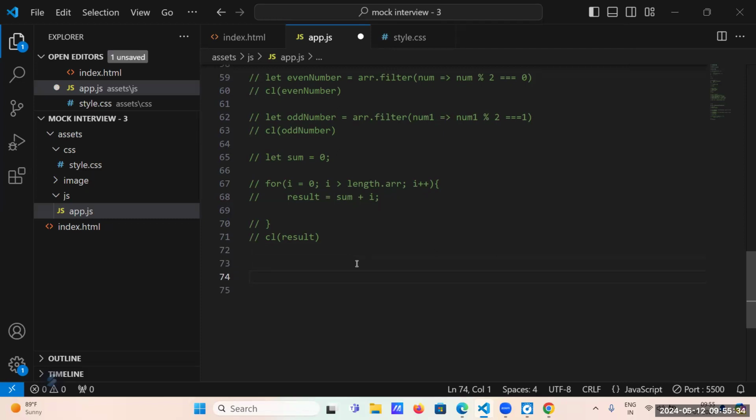Okay. So what is destructuring? Can I show the examples? Yes.